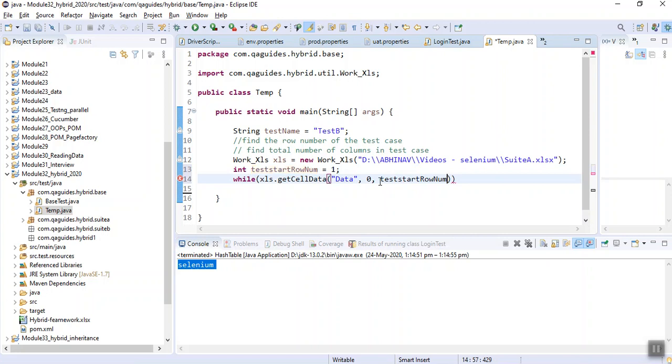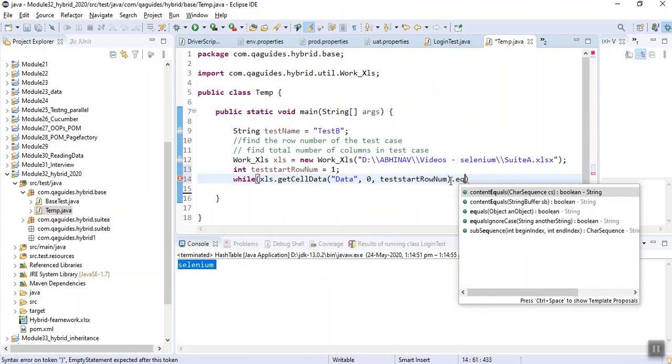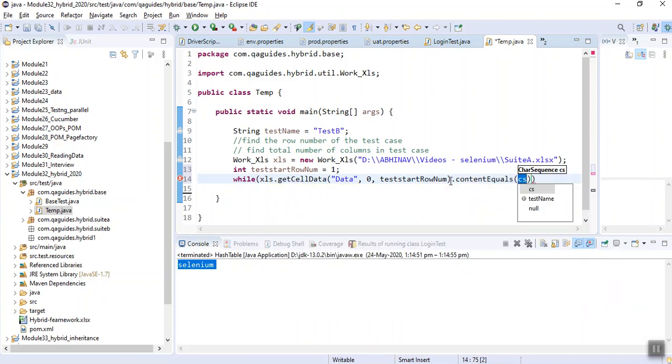Okay, I will get the data, and if this data is equal to what, it is equal to our test name. Okay, if it is equal.